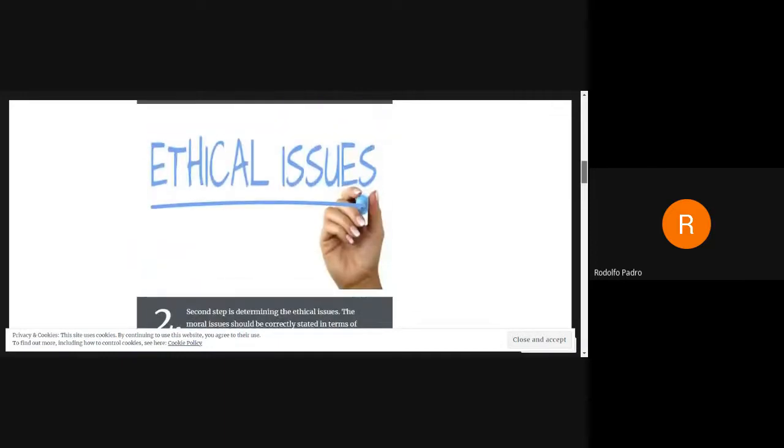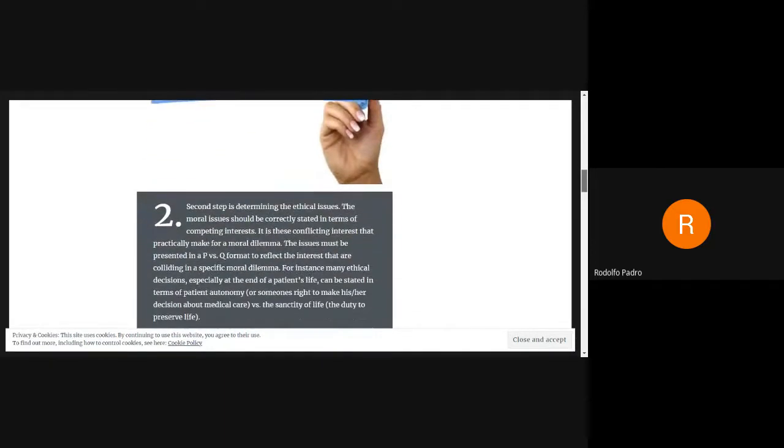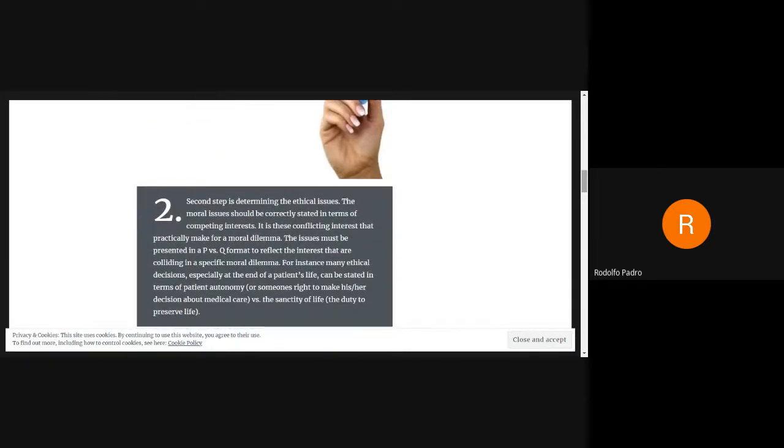Okay, we have this. Number 2, the ethical issues. Second step is determining the ethical issues. The moral issues should be correctly stated in terms of competing interest. Now, it is this conflict of interest that practically makes for a moral dilemma. So the issues must be presented in a P versus Q format to reflect the interests that are colliding in